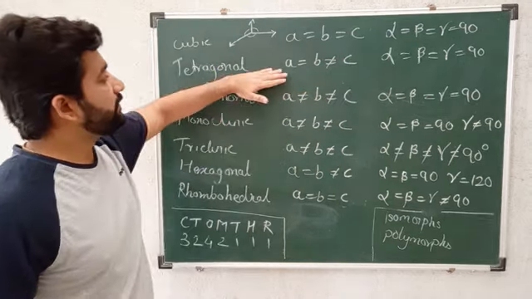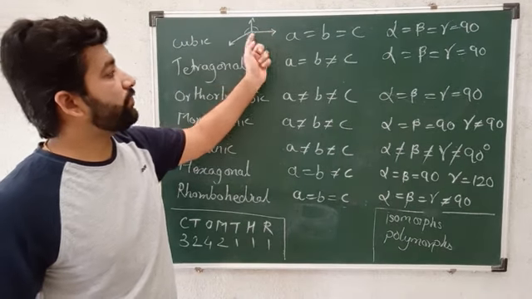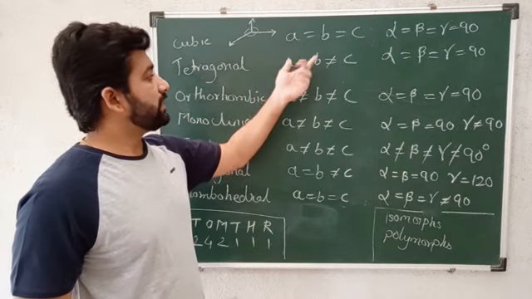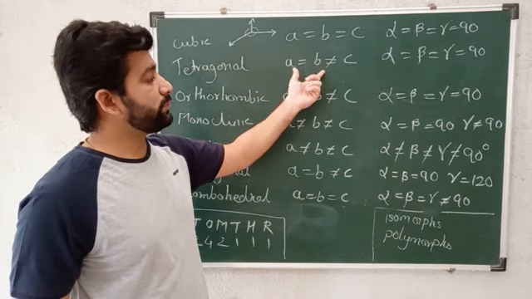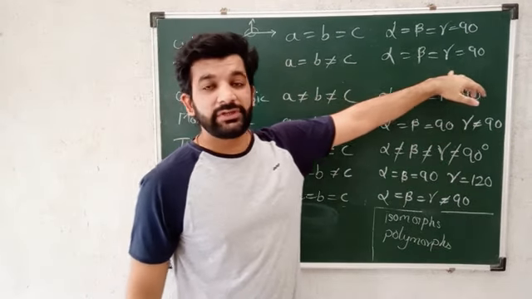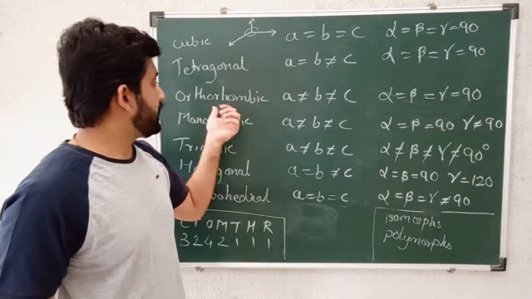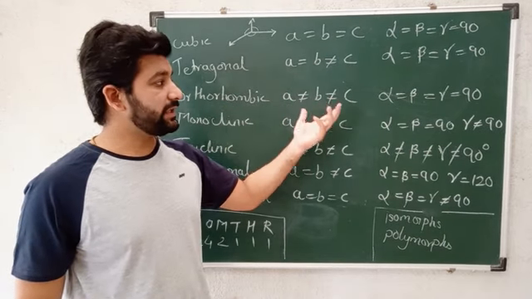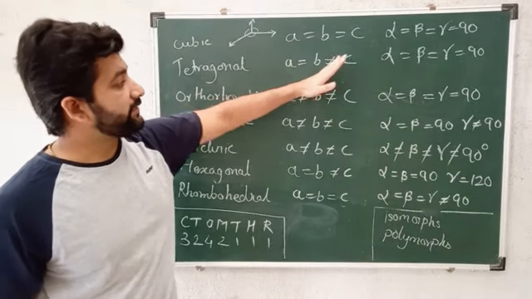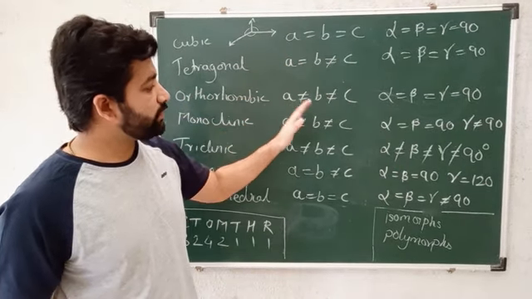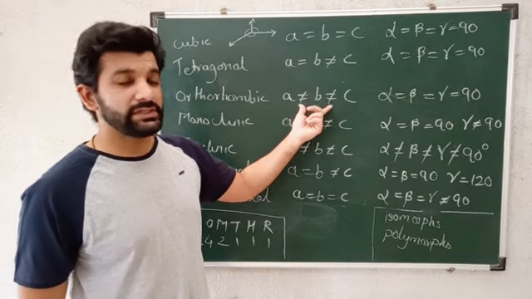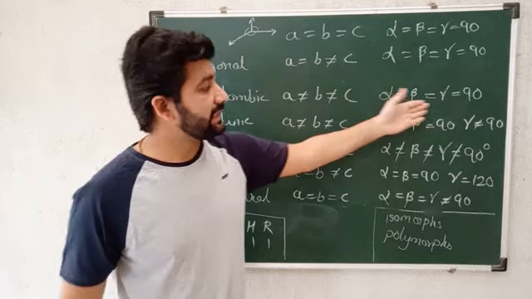That's why that exists in cubic form. Now if we see tetragonal, in that one of the edges is either small or big. So tetragonal has A equal to B, meaning those 2 edges are equal, one edge is different, and the angle between them is 90. In orthorhombic, all the edges have different lengths and the angle between those edges is 90. Here we observe that we are just cancelling out one equal to sign. Here B is not equal to C, A, B, C not equal, where the angles are at 90 degrees.